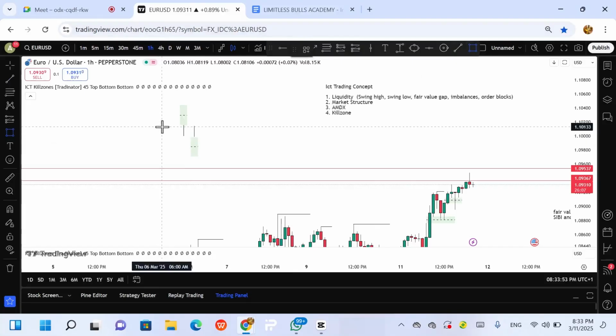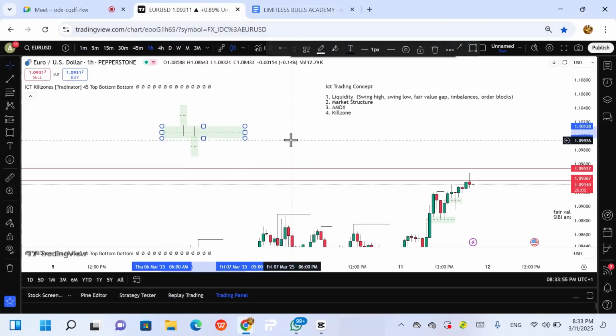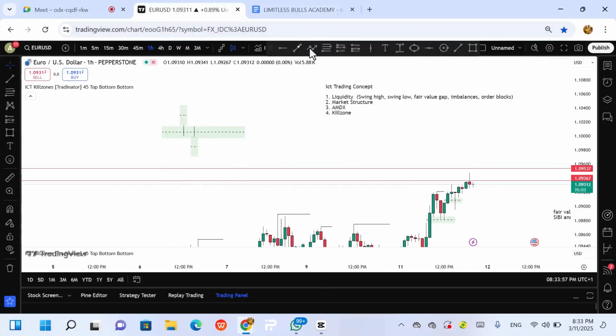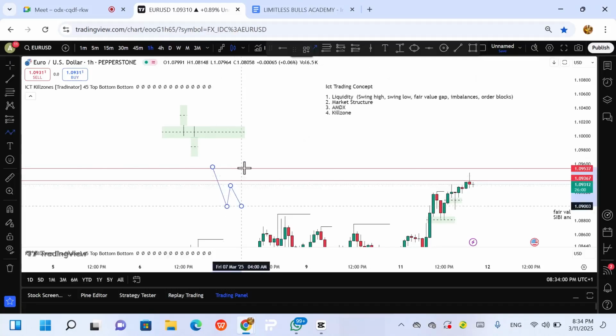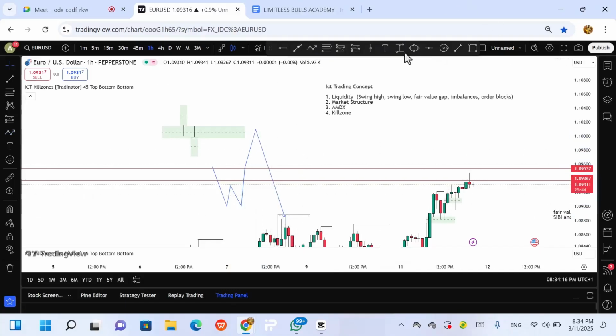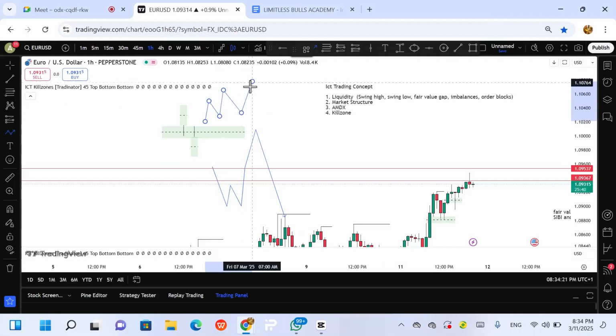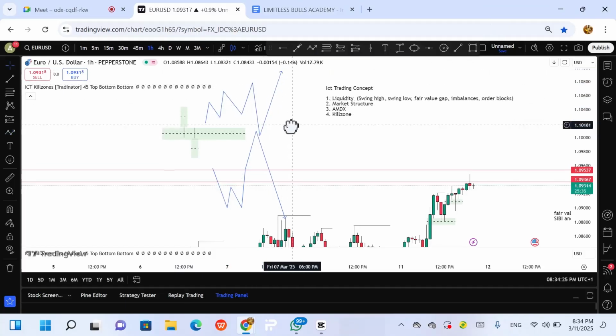At this point, if price is ranging below, you know there can be a reaction from this zone. When the market taps this place, because it is a mechanical zone of liquidity where liquidity is resting, there can be a reaction, maybe down. You get the point. Likewise, if the market is trading above, depending on how it has been formed, if the market comes to this zone, there can be a reaction in the upward direction.